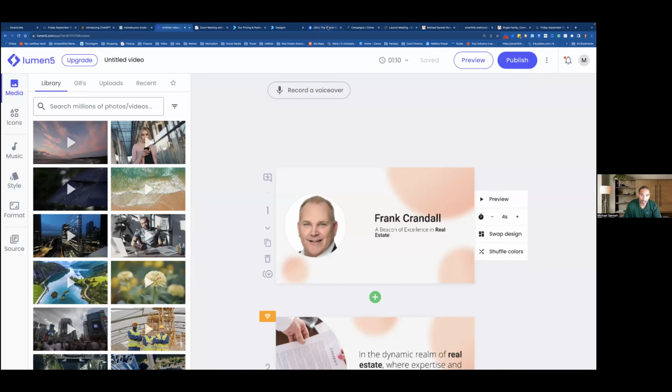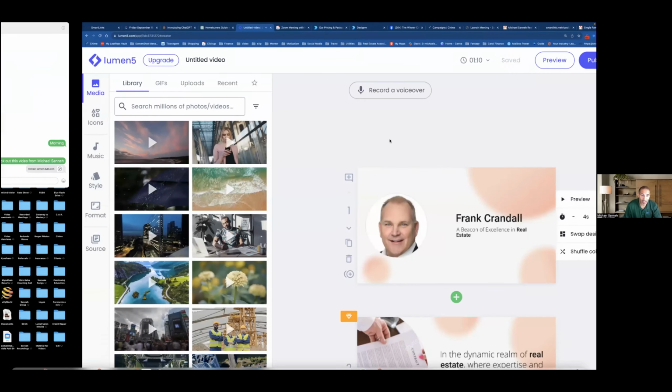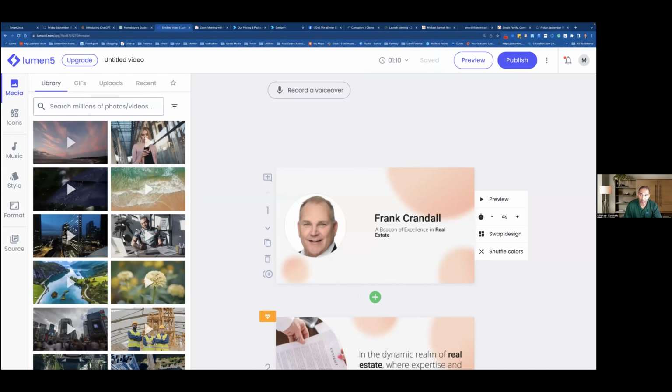So as we know, video content is huge. Using ChatGPT in combination with Lumen 5, I can take whatever I do, put it together, make a little video slideshow presentation, and add music to it. Like I said, Frank, that took me about 3 minutes to make a video. If I took 20 minutes, I could have made it a little bit more, thrown in some better pictures and adjusted it some.